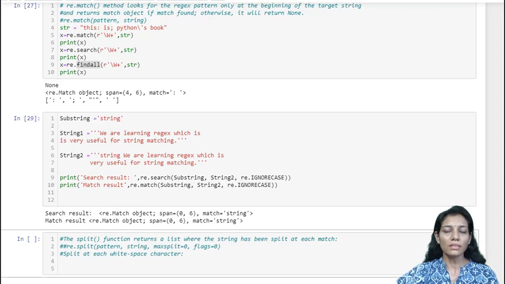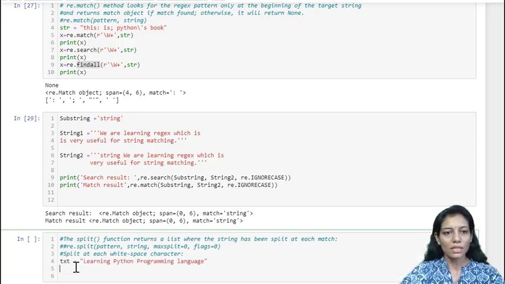Now the next method supported by our re module is the split method. As the name suggests, it will split our text based on the pattern that we have specified. So here we will work on the same text, and x will now be a list which is returned by split. We'll write re.split, then I want to split based on the white spaces, indicated by \s, and I want to apply that on txt.